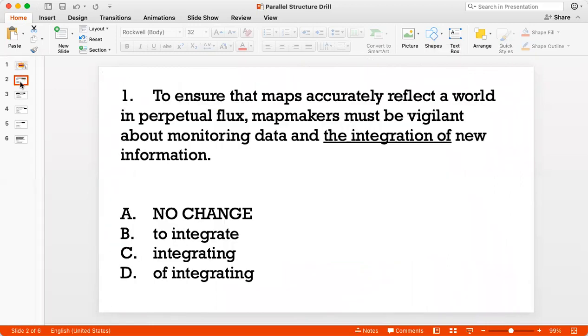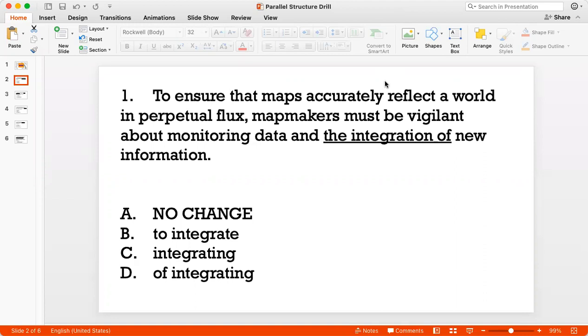Question 1. To ensure that maps accurately reflect a world in perpetual flux, mapmakers must be vigilant about monitoring data and the integration of new information. So parallel structure basically implies that a sentence should have the same grammatical structure for different items